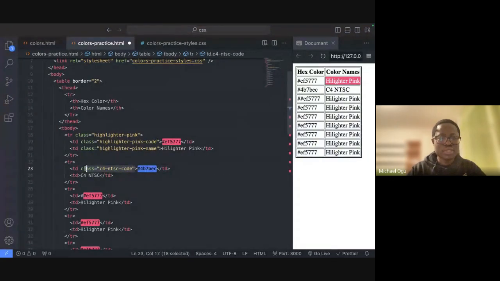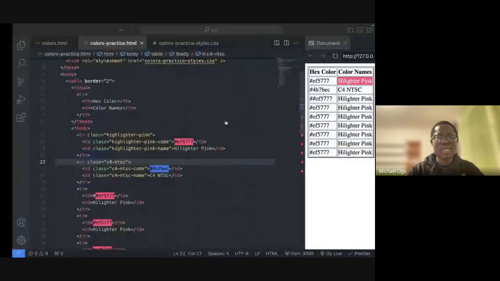I'll do the same thing for the name. So why do we have to put all of this? Because maybe we may need to write some CSS for the code as well. But for now, we just need the name. And then let's just do it here. We may want to write some CSS for the element which contains that. So I'll go back here